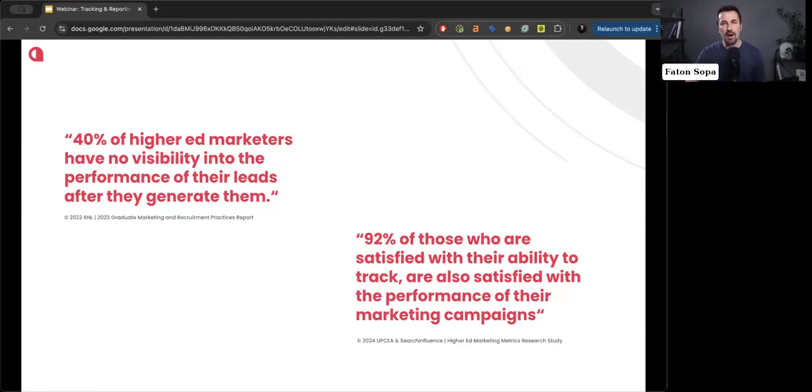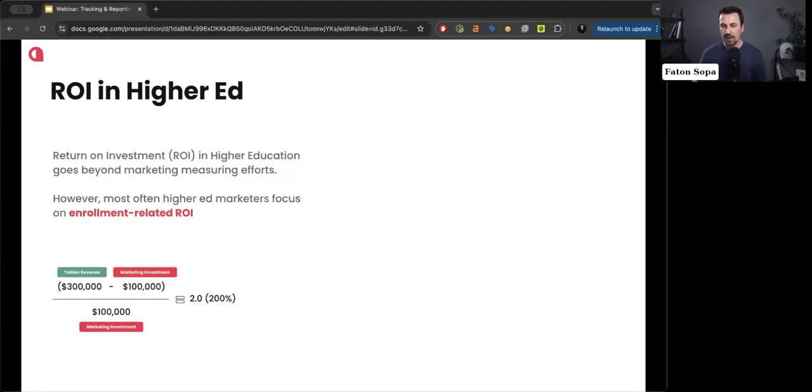When you track ROI effectively, you can optimize your budget by cutting expenses on the channels that are not working and investing more in the ones that are. That also means that tracking ROI does not just improve reporting. It directly improves the outcomes of your marketing activities. This also means that institutions that invest in better tracking tools and data integration see better results and stronger enrollments.